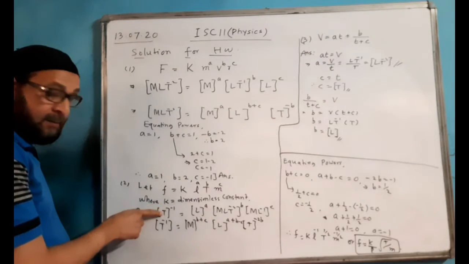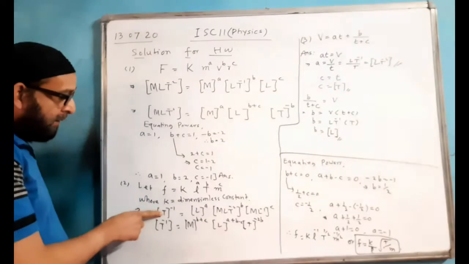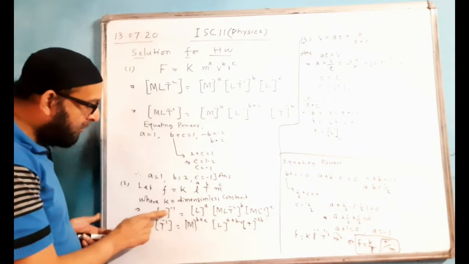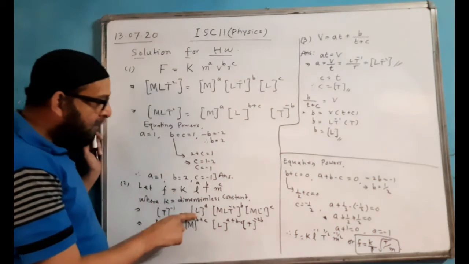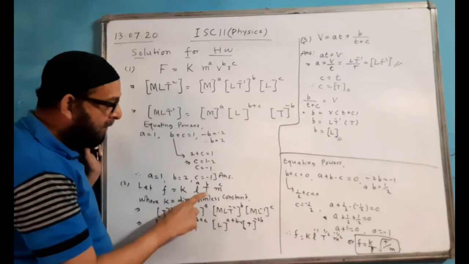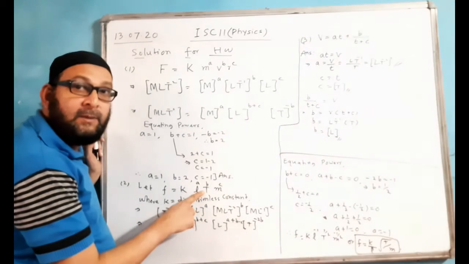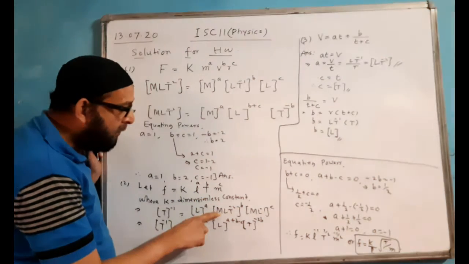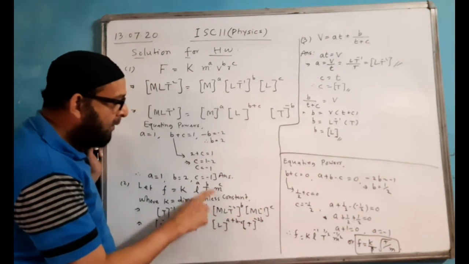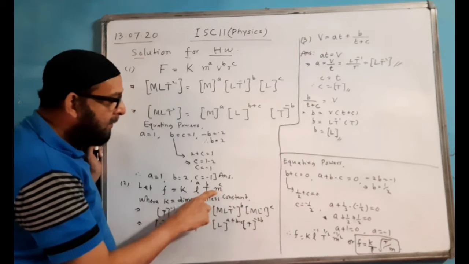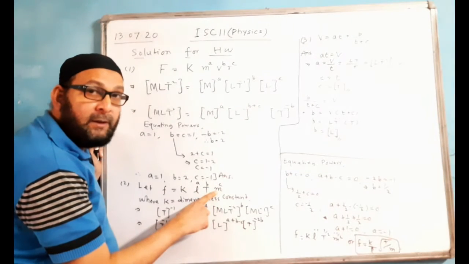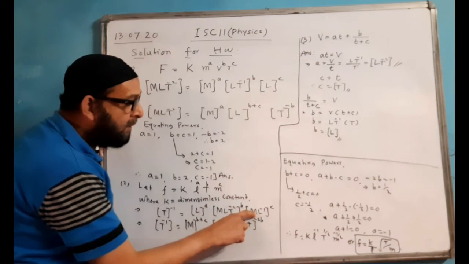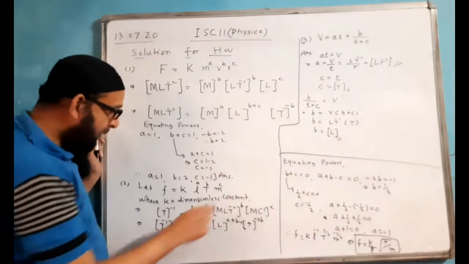Frequency is 1 upon t, so its dimension is T to the power minus 1. L dimension is L, raised to power a. T means tension. T doesn't mean time here, so remember it. The tension is a kind of force. The dimension of force you can write as MLT to the power minus 2, power is b, so write the power b. This is not only M but mass per unit length, that is mass upon length. That's why the dimension becomes ML to the power minus 1, and the power is c.